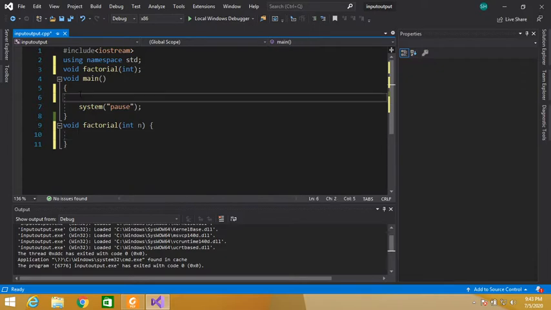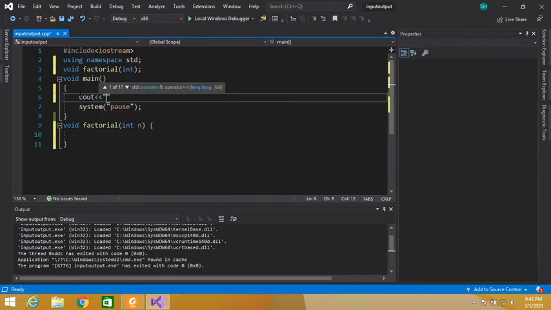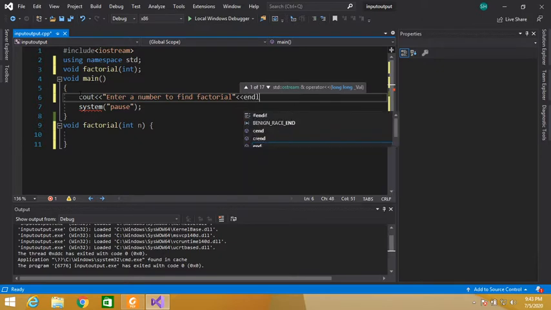We are in the main function. cout "Enter a number to find factorial", end of line.